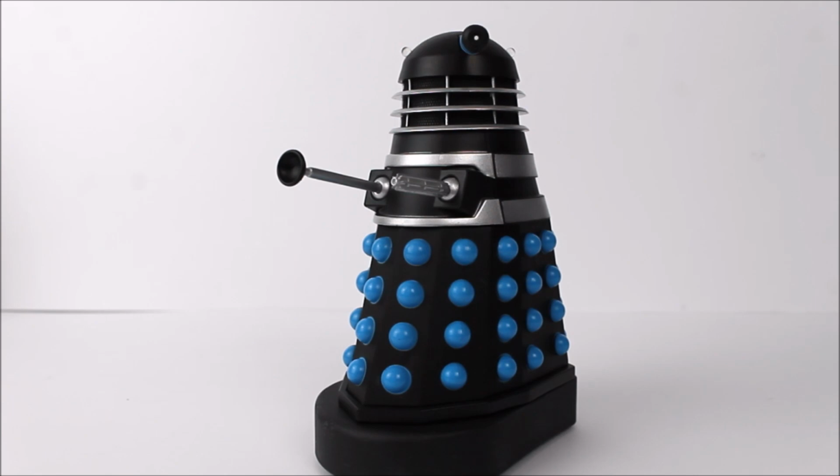Next up, Saucer Commander on the bridge. It is of course the Supreme Dalek, or Saucer Pilot, or Saucer Commander, or the Black Dalek, or whatever you wish to call it. It goes by many names. This Dalek, as I mentioned earlier on, is no doubt the main attraction for this set because it was originally an SDCC release, and that does of course translate as being very rare indeed,